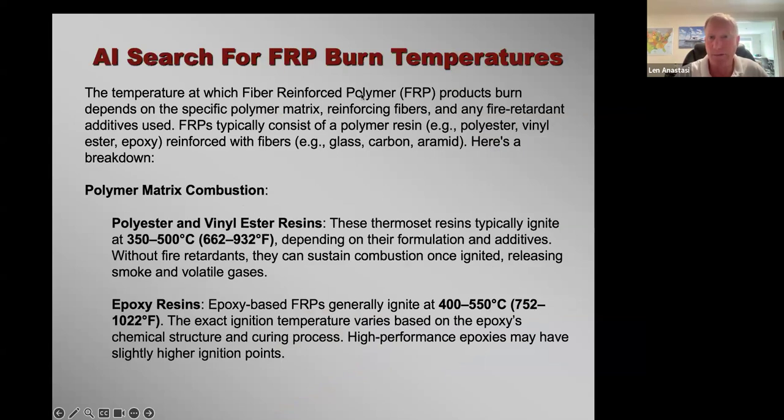So I did an AI search for FRP burn temperatures here. It said the polyester and vinyl ester resins are going to burn from 662 to 932 degrees. Your average building fire, and you can look this up, is 1200 to 1800 degrees, and it depends on the fuel source and how much is in there. If you go to epoxy resins, the burn temperature is 752 to 1022 degrees. These values are well below a building fire, and the building fire is going to burn for more than a